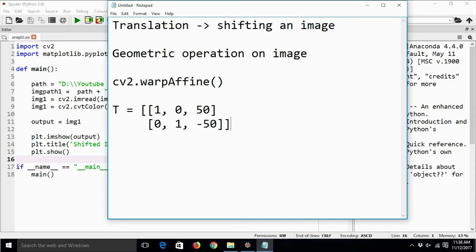This transformation matrix has to be passed as argument to this warpAffine method call, as well as we need to pass the image which we are planning to transform. Then the image will be shifted by 50 pixels to left, and it will be even shifted downwards by 50 pixels. These translation values or the shifting values are in pixels.